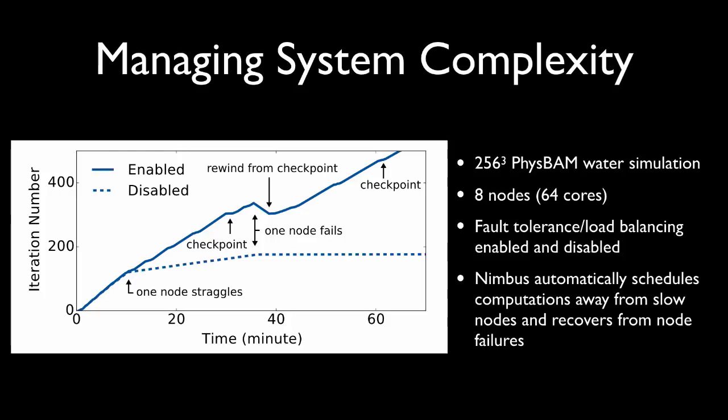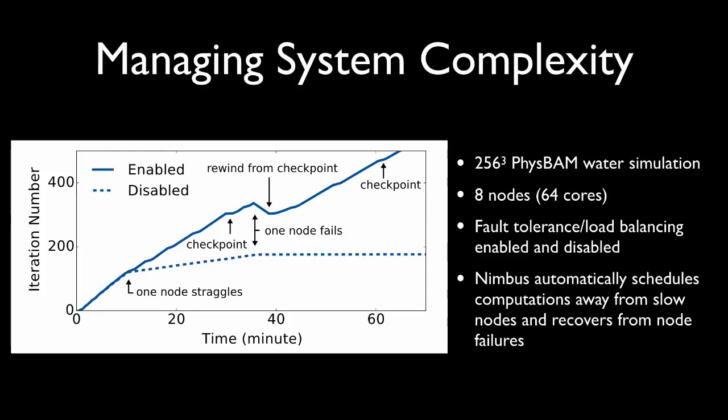But using Nimbus, the controller can detect this and then automatically schedule computations away from that node and move them onto other nodes. It starts going a little slower because you're now putting a little more load on every node. Then at about 35 minutes,